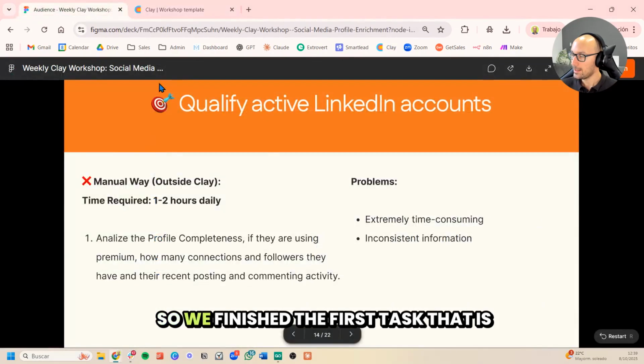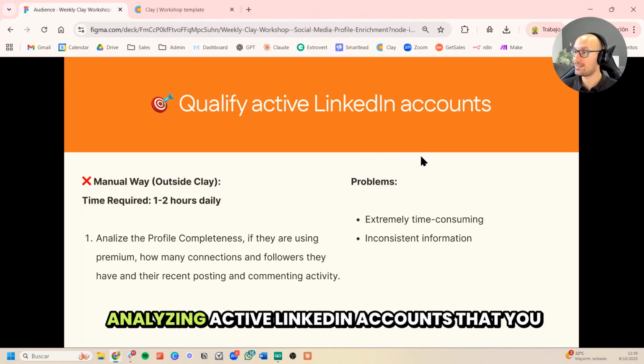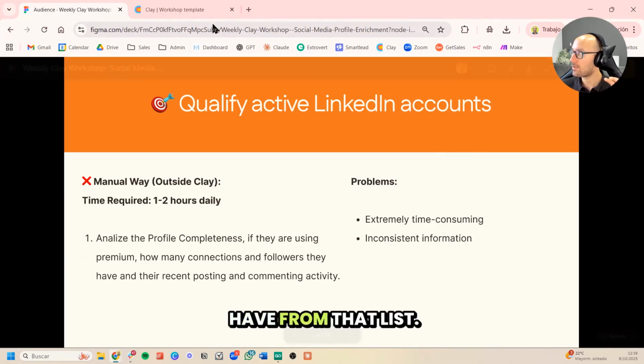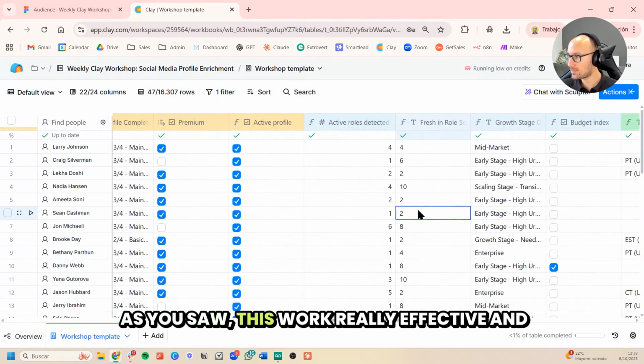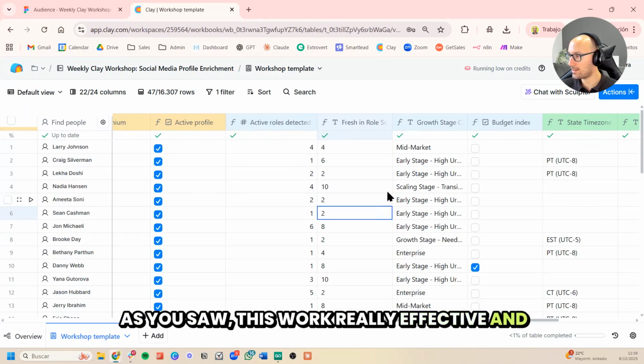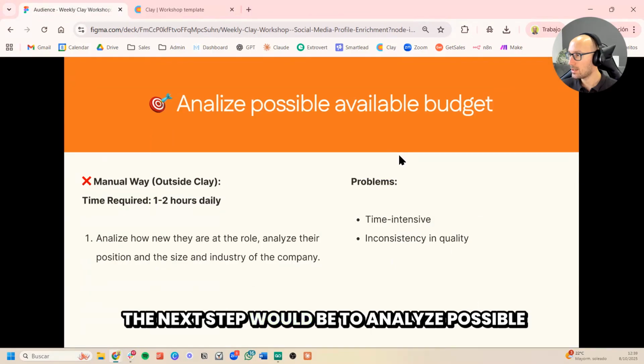So we finished the first task, that is analyzing active LinkedIn accounts that you have from that list. As you saw, this worked really effectively and easily. The next step would be to analyze possible available budget.